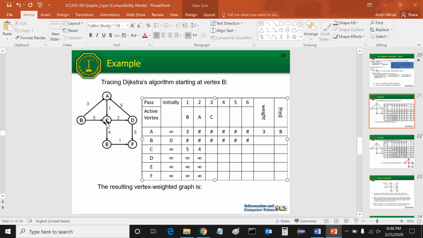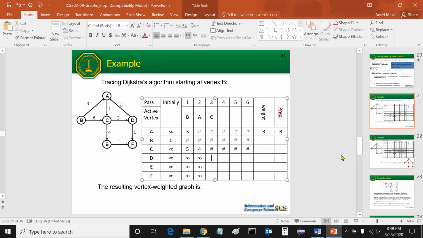Now we are in C. Because we are already in C, that's why this cell should not be considered anymore. Okay, because we are already in C, that's why the row for C will not be considered anymore. Means that we can just copy this state to the next cell and to the next cell.